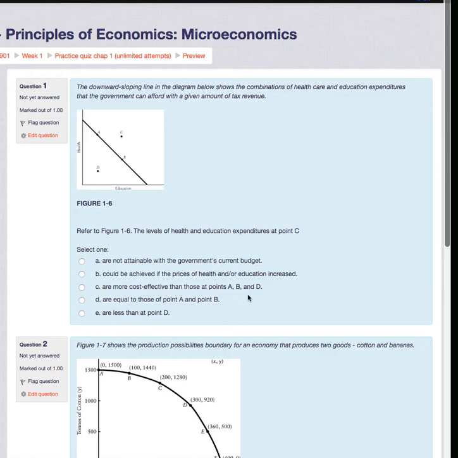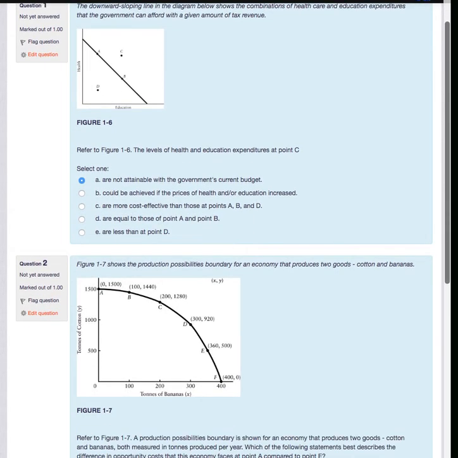Or more cost effective, that's not true. Are equal to those at point A and B, that's not true either. And are less than at point D, so obviously we're looking for this idea of infeasibility, and that was this idea here, A. If I keep going down to the other questions here,